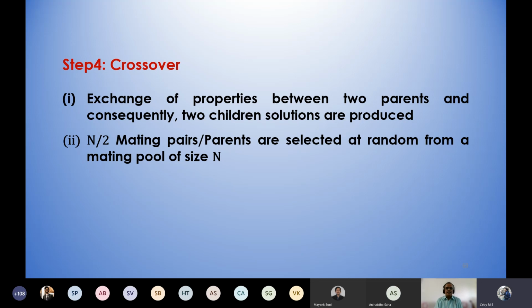I mean, if we take 3 out of the 100 total strings each time, how many times do we do this? We'll have to do it 100 times. We are taking 3 from 100, selecting the best, and putting it in the mating pool. All 3 you return back to the initial population. Next, the second time, once again you play the tournament using a random number generator. Take 3, find out the best, put it in the mating pool, return all 3 to the initial population. And you'll have to repeat this process 100 times.